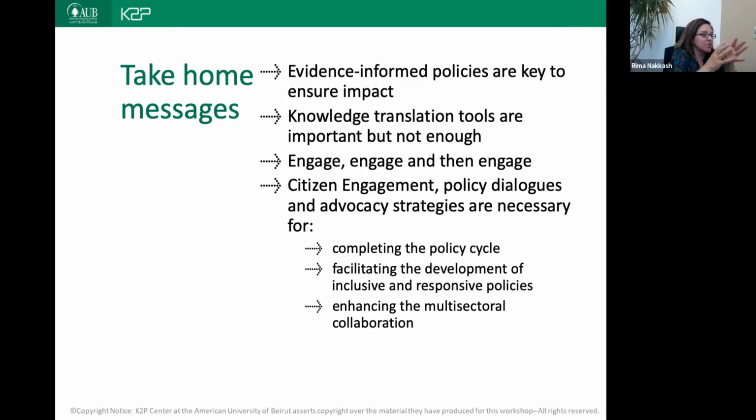In an example such as prevention of childhood obesity, yes, of course, the Ministry of Health is a valuable partner, the Ministry of Education more so, but there are many other sectors in our context that have a stake and are needed to collaborate in moving forward any successful advocacy campaign, or any campaign that is aiming to be successful in ultimately preventing the outcome, which is decreasing childhood obesity. Thank you.